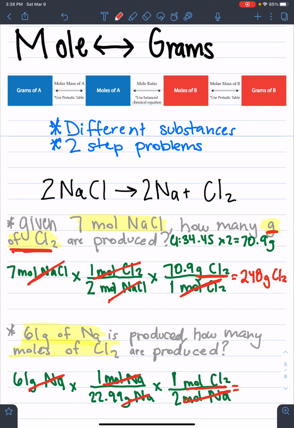If you do the math, we'll do 61. We're going to times the 61 by 1. We're going to divide by 22.99. We're going to times it by 1. We're going to divide by 2. And so in the end, you should get approximately,